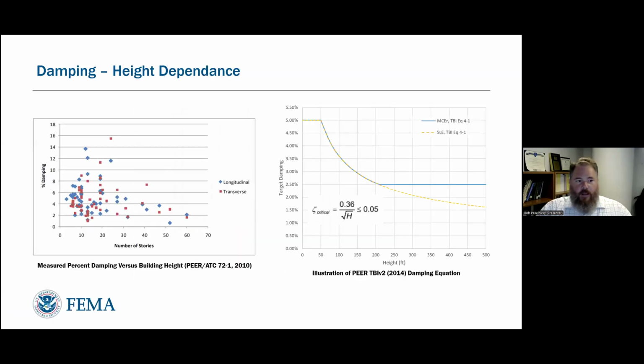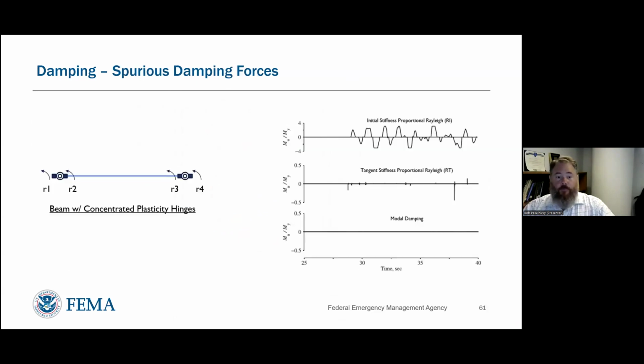And so we looked at this and found that inherent damping is actually a highly variable phenomenon. But there are some trend lines, and there are more references in the PEER Tall Building Initiative report on the relationship of inherent damping to the height of the buildings. And so we chose to adopt this equation that you see on the right, therefore allowing equivalent viscous damping ratios higher than 2% for shorter buildings.